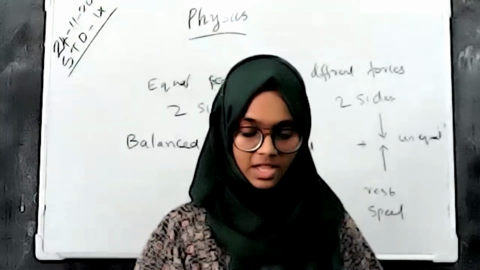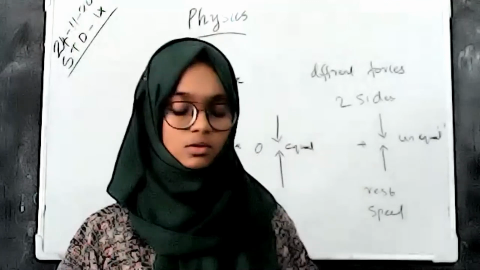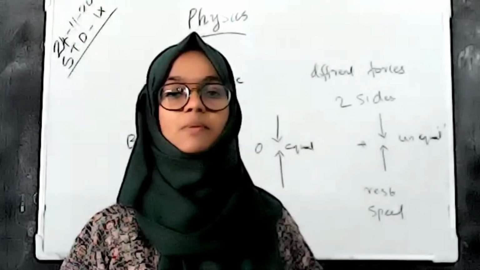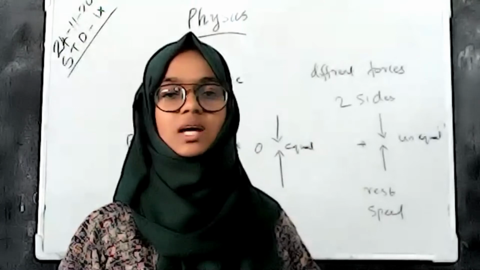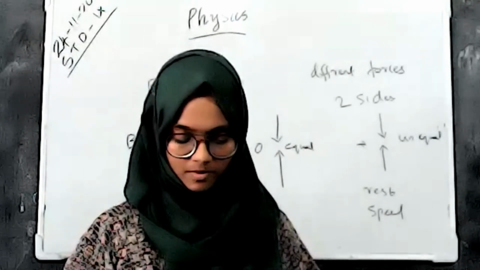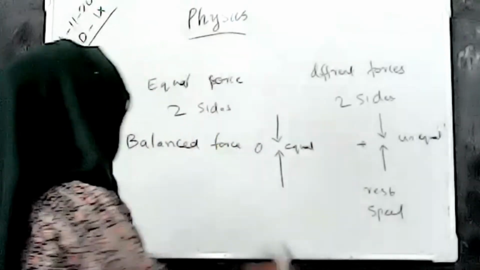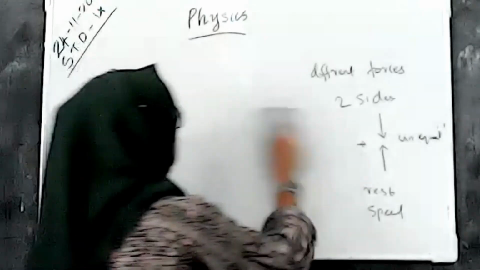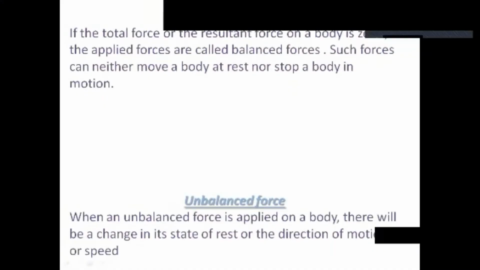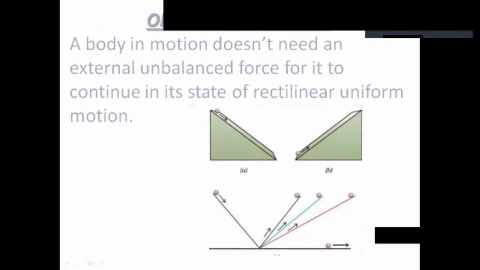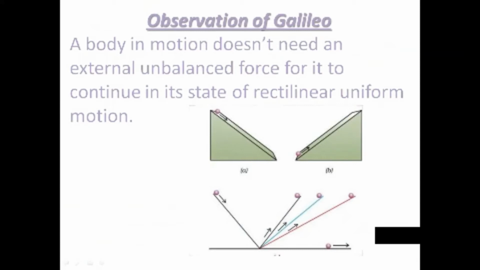Okay. And in the text you can see different examples showing balanced force and unbalanced force. And next we have to discuss a topic through the slide, based on balanced and unbalanced force and the changing rest or motion of a body. Galileo made an observation, and in this slide we will discuss what the observation of Galileo is.